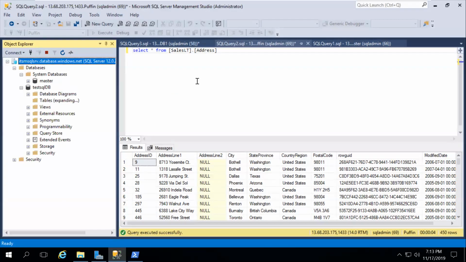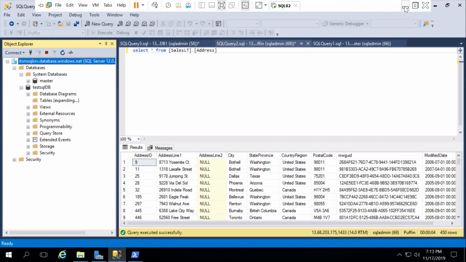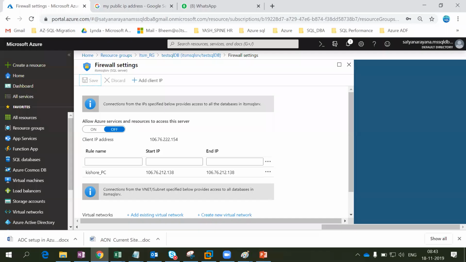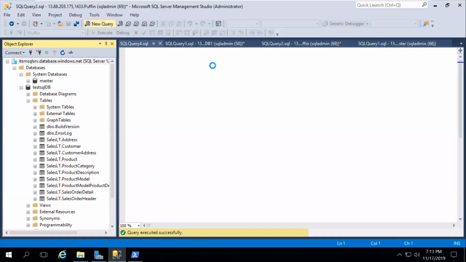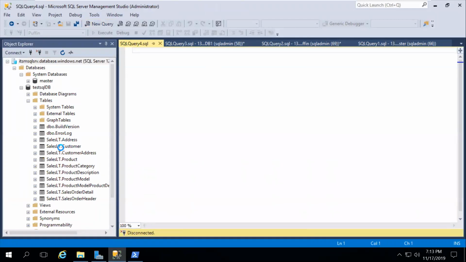Let's go and click on tables. How many tables are there? See, these are the tables which are currently available. Okay, a new query window, and here are my tables.